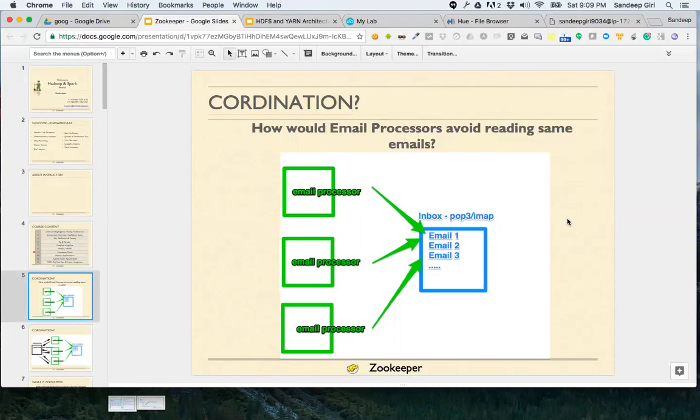Now the question, Jitendra, is should it mark it read before processing or after processing? If it marks it before processing and the email processor dies, then the email will remain read, and then yeah.